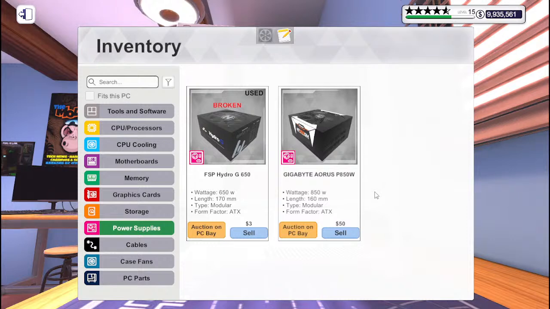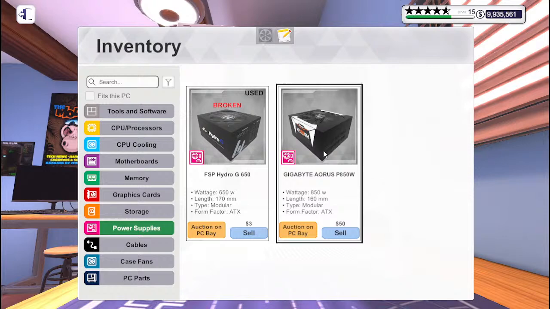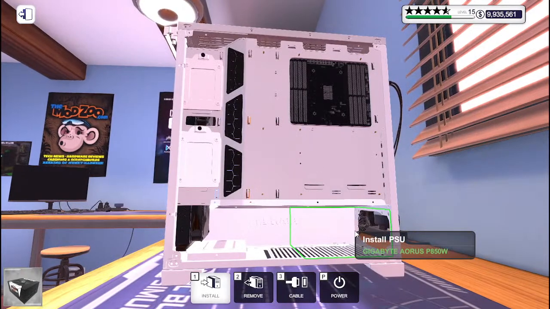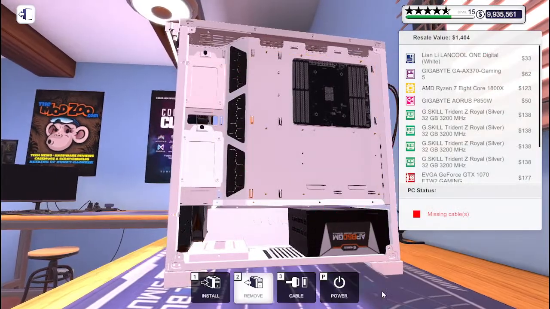So you can choose: if you have extra storage, then you need extra power for the storage, then put in the cables. If you don't need it, then you don't need to put it in, so that the cable management won't be messy. But for the non-modular, the power supply is already linked to the cable. Yeah, so this is the power supply. Okay,